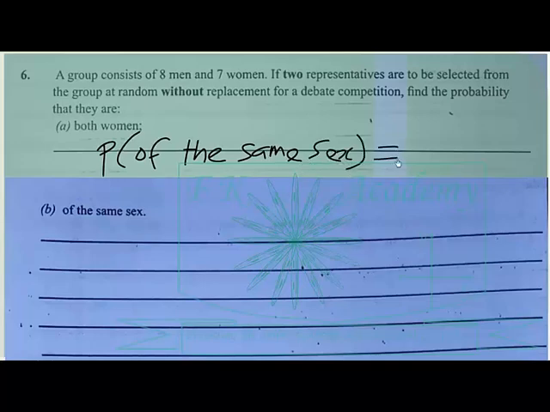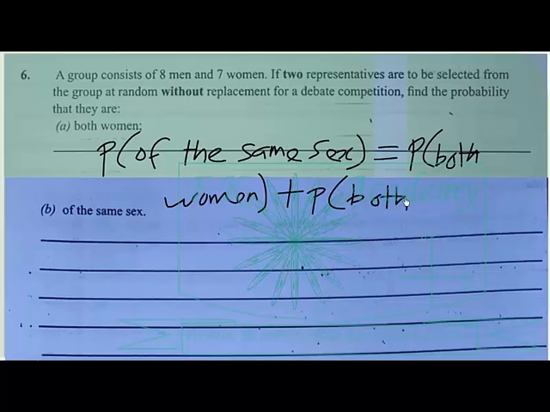So this means they are both women or both men. So both women, we found it to be 21 over 105. We have not simplified it yet because we want to have the same denominator so that we can add. Then the probability that both are men, that will be